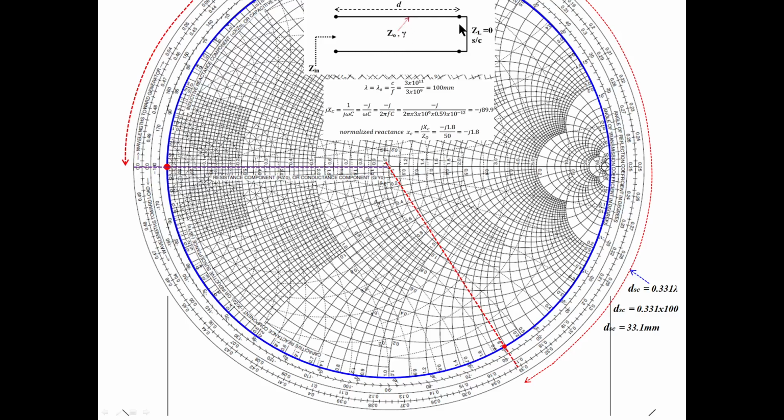We use it as a component, transmission line used as a component. But you should find out the length of that line. What is the length of the line to get that particular value of capacitor? So you should start from here and go on moving like this until you reach minus 1.8. All these are positive values of reactance, 5, 4, 3, like this in the upper part. But minus 1.8, see here, that is in the lower part.